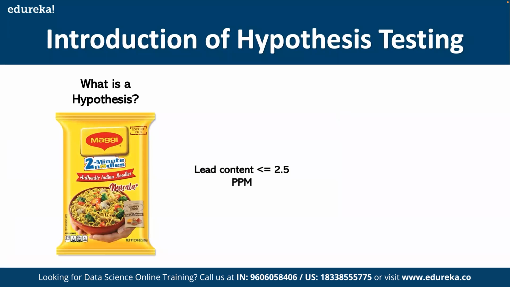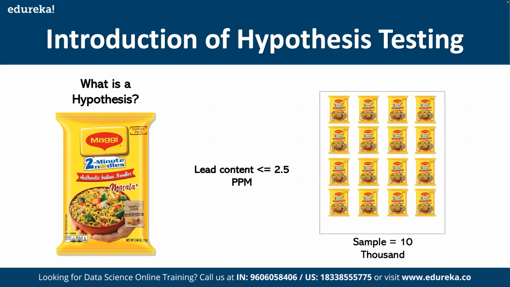So we assume that for Maggi noodles, there is a lead content of less than or equal to 2.5 ppm. Now, this is my assumption. If you think about the production of Maggi noodles by the Nestle company, they will be producing lakhs and lakhs of products. Now, think about testing lakhs and lakhs of products every day, going through each and every product and testing it. Obviously, you cannot test each and every Maggi product produced by the Nestle company,